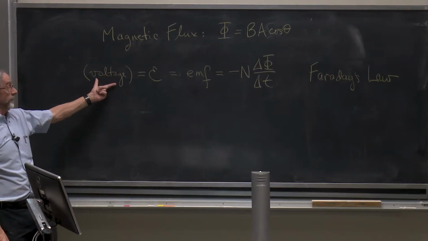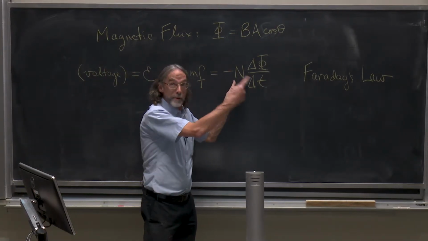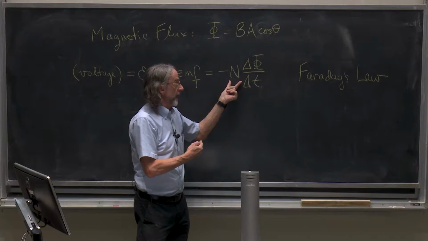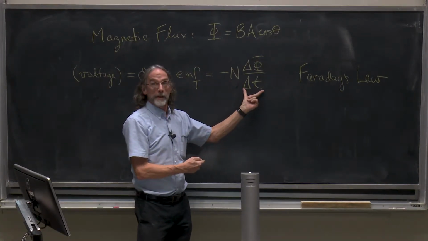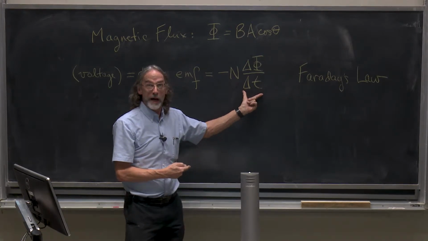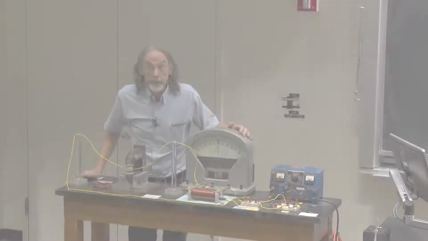It says this voltage is exactly equal to the number of loops we might wind around that path, because we get a voltage around each loop, times the change in flux with time, the rate of change of flux with time. So this station